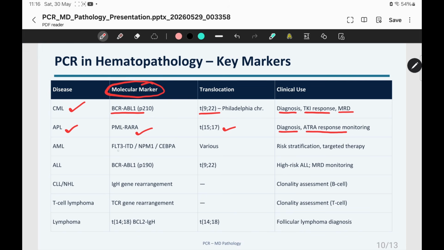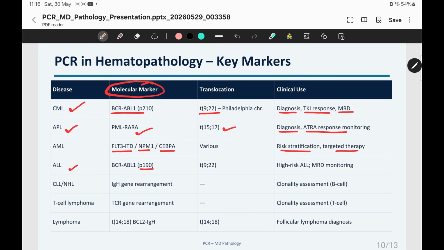In case of AML, different fusion genes can be detected like FLT3 ITD fusion, FLT3 NPM1 fusion and FLT3 SEPA fusion. This helps in risk stratification and monitoring targeted therapy. In case of ALL, BCR ABL1 fusion is detected, but the weight of the fusion gene is different from